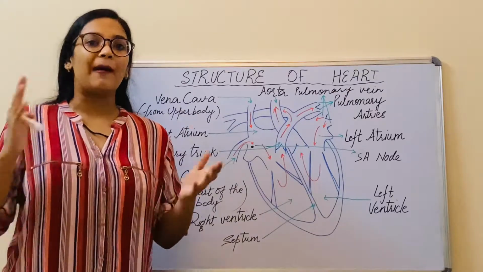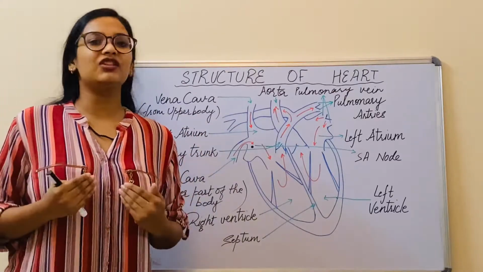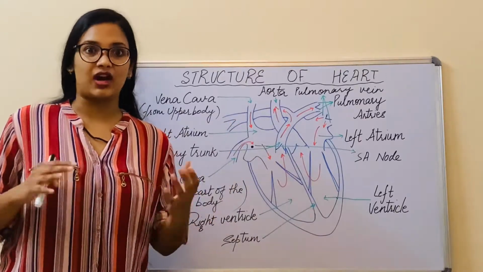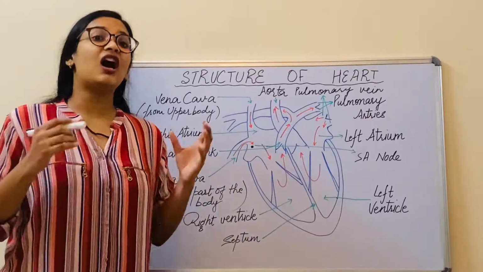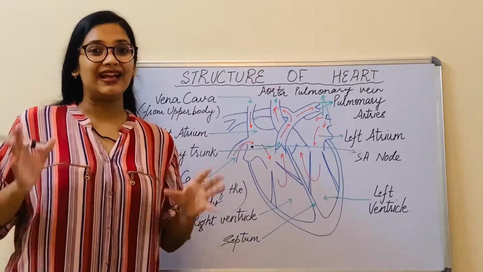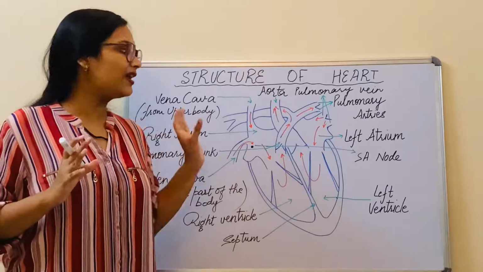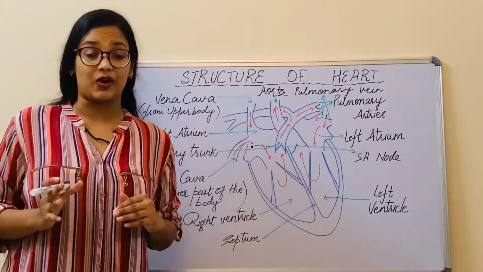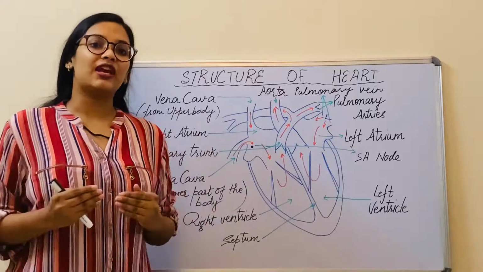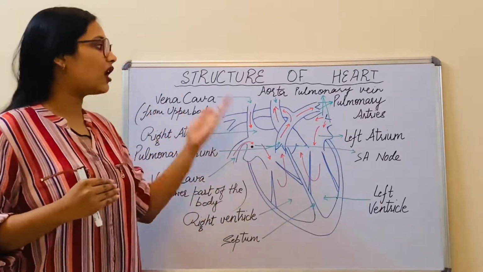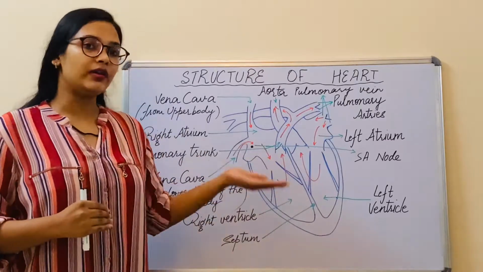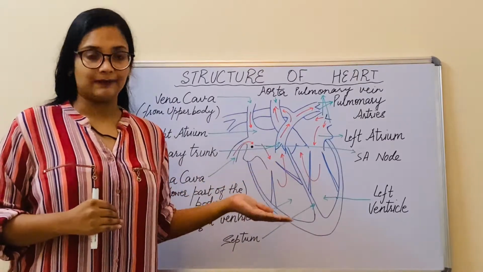Think of the plumbing in your house similarly as that of the circulation in your heart. The blood vessels are the pipes which are laid down all around, and the heart is the motor. This motor helps in spreading out the blood and keeping it flowing all throughout your body in those pipes, that is your blood vessels. So today we are going to study about the structure of the heart, how this pumping organ pumps the blood all throughout without any fail.